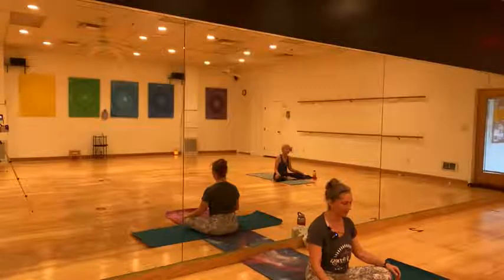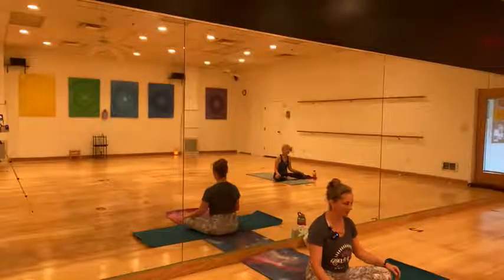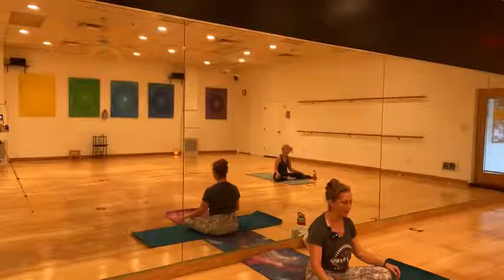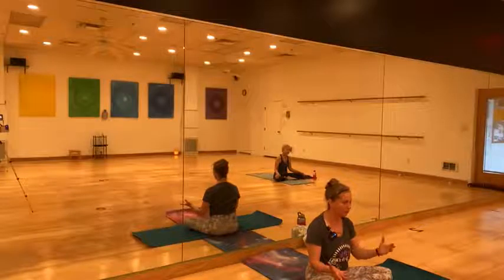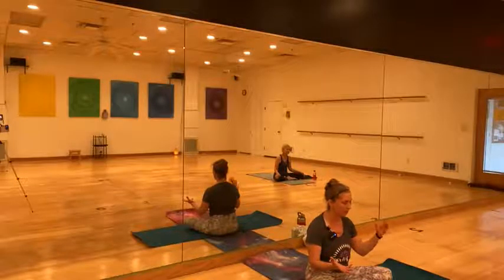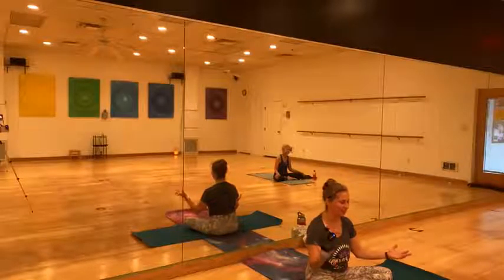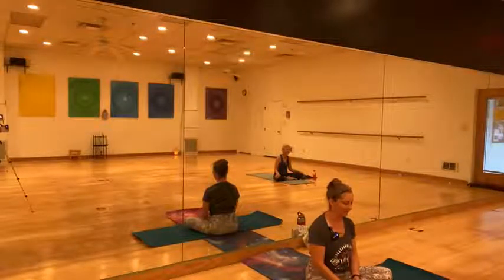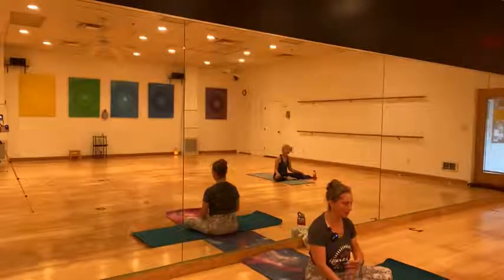And I've said it before, balance is not symmetry. We are not symmetrical. But we can work with what we have in order to achieve balance, which is kind of that golden bridge between old age and sage and young age and curiosity. So bring both into the practice and keep breathing, softening the belly